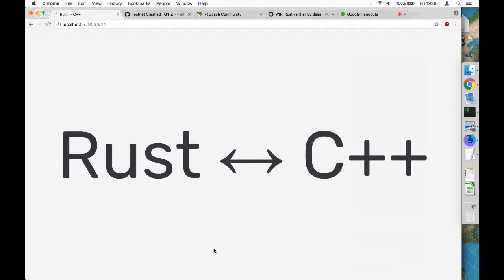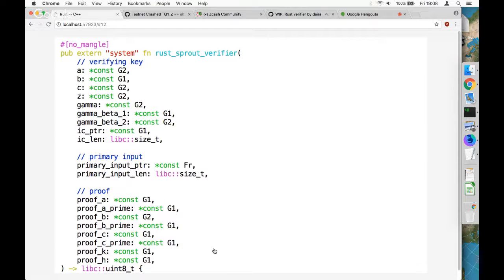And so I did that, and then I needed to obviously actually run this on the Zcash blockchain, seeing as that was the whole point of it. So then I had to hook up Rust to C++. So I'm going to show you another bit of the Rust code, which is the external interface that C++ talks to. So the easiest way for C++ to talk to Rust in this context, actually it made it slightly easier that Sean told me